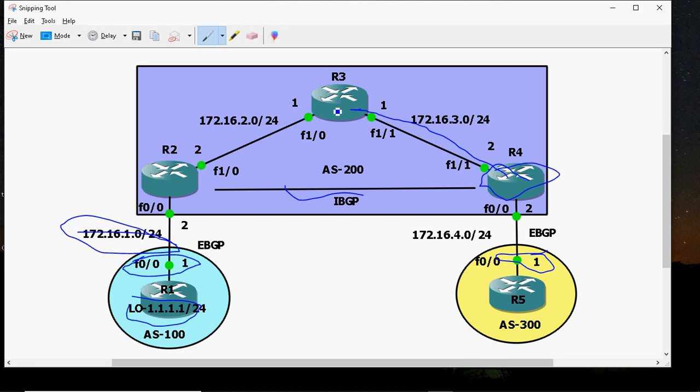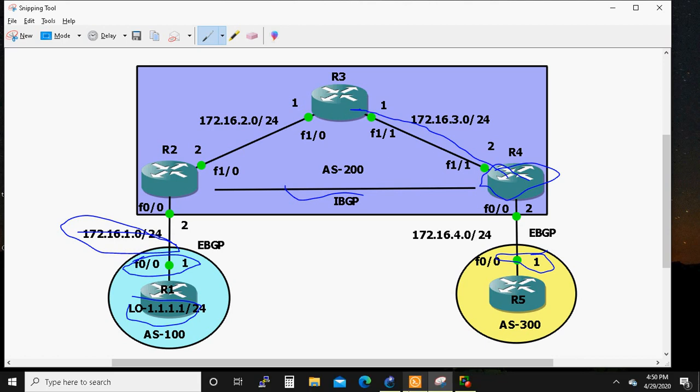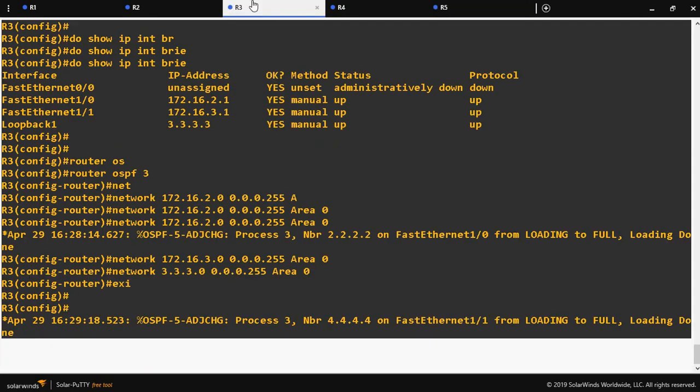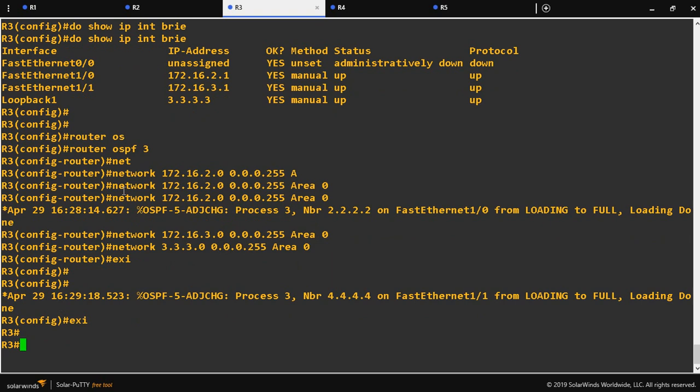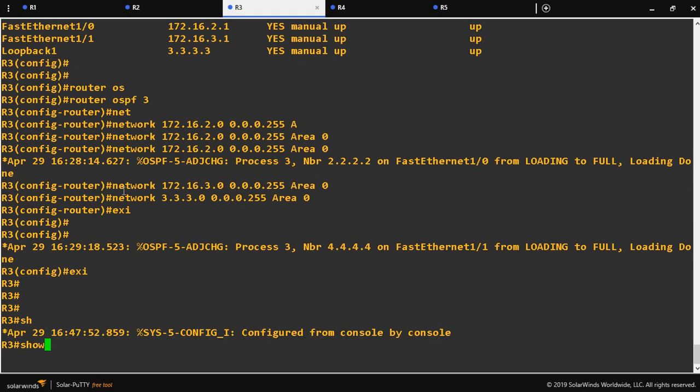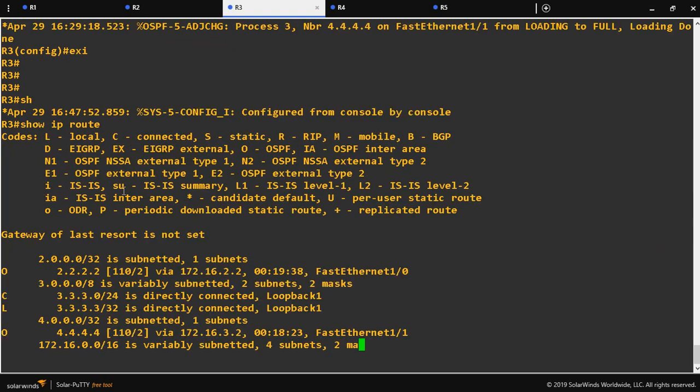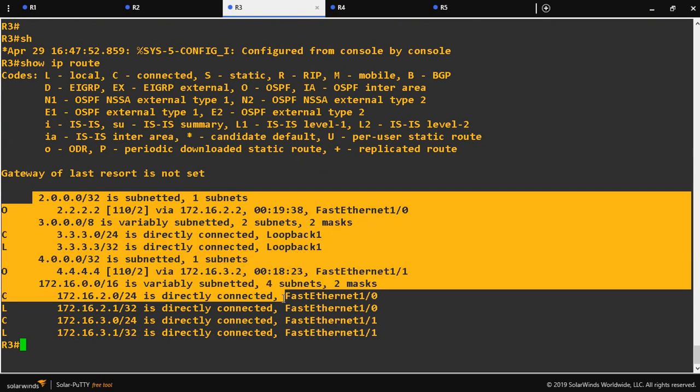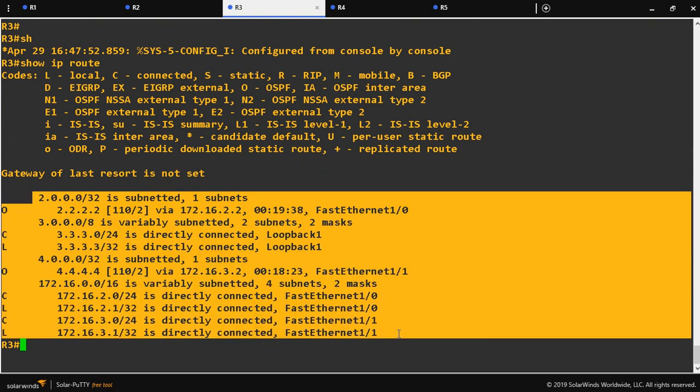In R3 router, it will check the destination IP 1.1.1.1. R3 router doesn't have any idea where to forward this packet because in R3 router, they don't have any entry for 1.1.1. We can see show ip route. Here we can see the destination network is not present in the routing table. So that's why R3 router is dropping the packet.